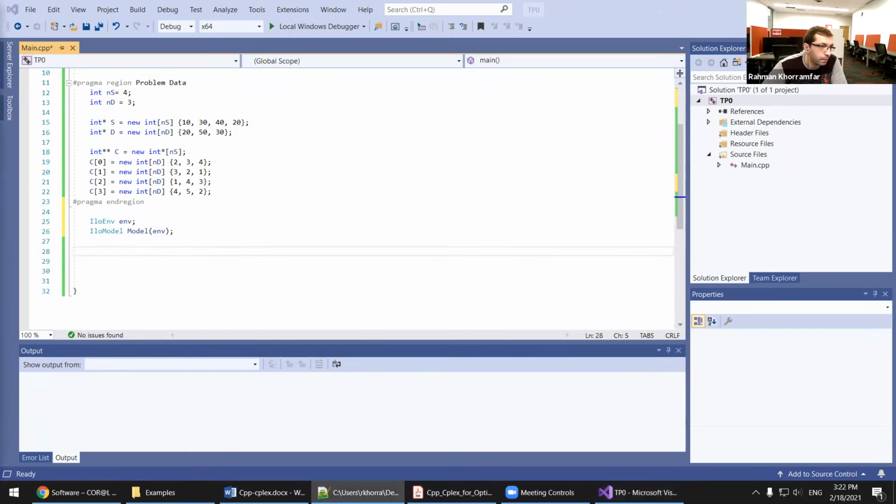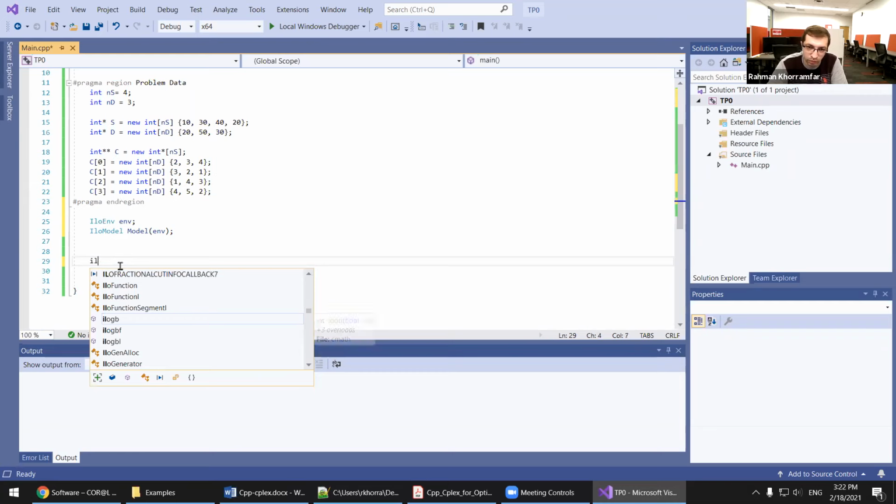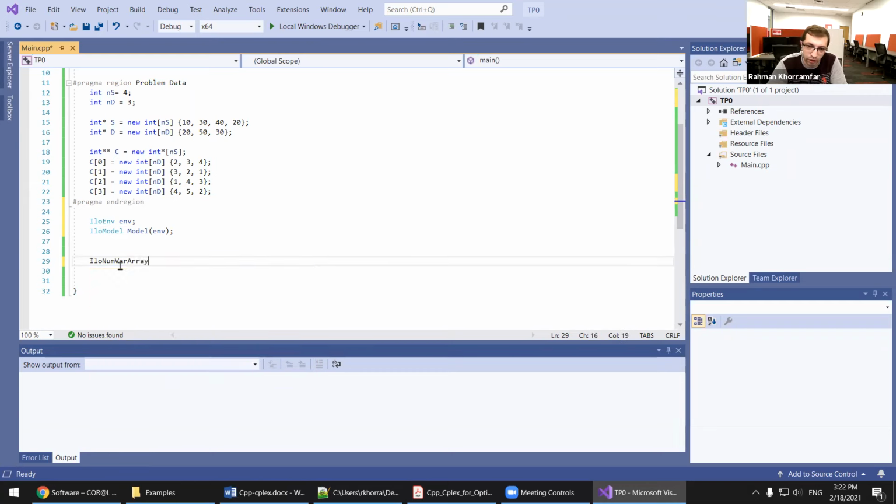And then we are now ready to define our decision variables. So CPLEX in C++ allows us to define only one-dimensional decision variables. And this is the syntax for a one-dimensional decision variable: IloNumVarArray, a numerical variable, and this is an array, not a matrix, okay? So we can have, for example,